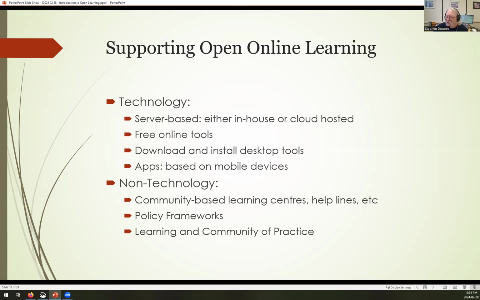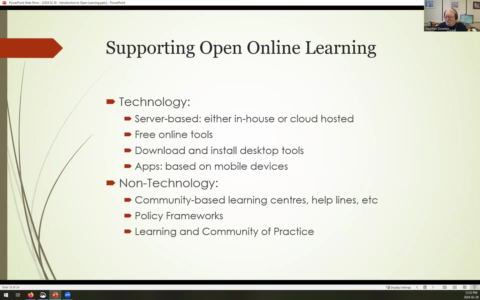Policy frameworks. This is policy, government policy or institutional policy supporting and funding the creation of open educational resources and other similar sorts of things. Policy around the use, and here, for example, around fair dealing. Again, there's a large area here, but basically it helps to have a friendly policy environment supporting open online learning.